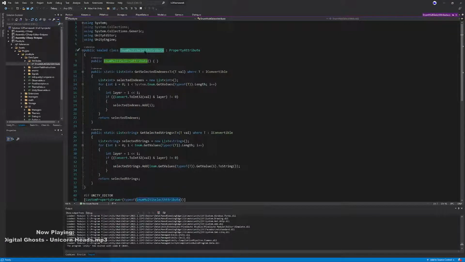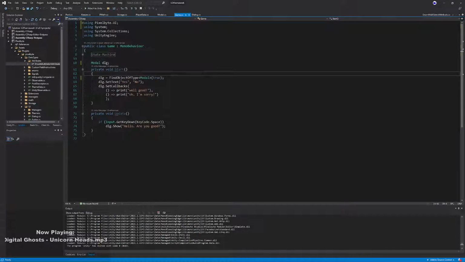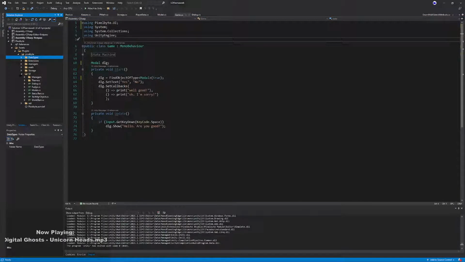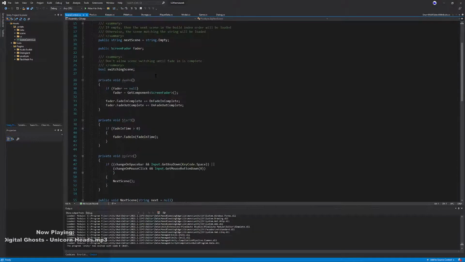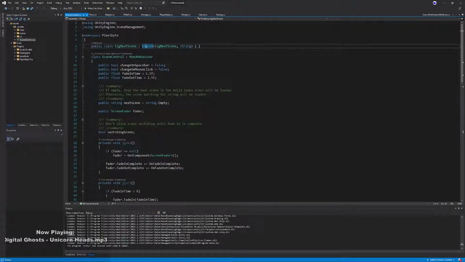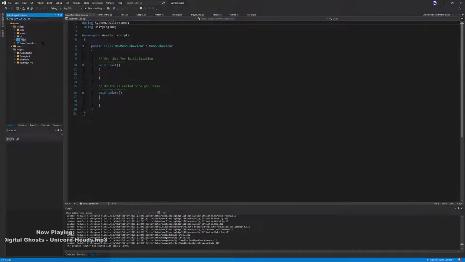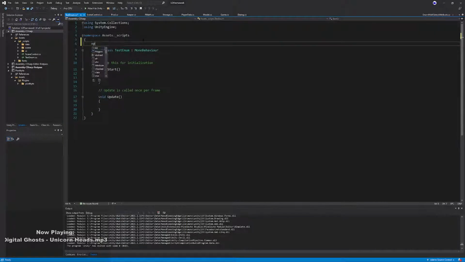Oh, I know what this is for. If I have a... let me go back to my Unity project here. I'm just looking at this here. Yeah, signal. Say I have a script, we'll say test enum, and let's say I have a public